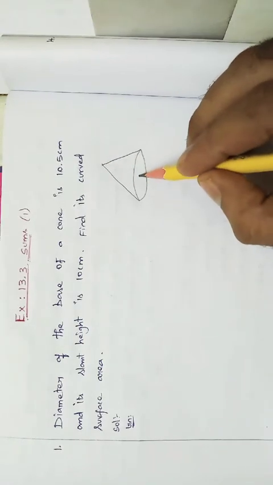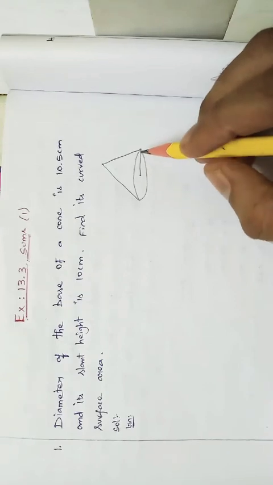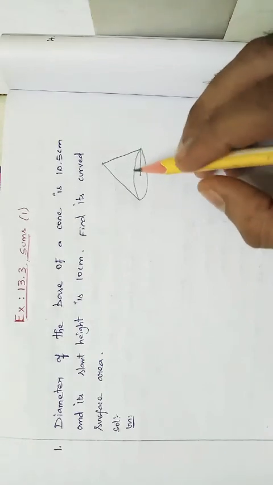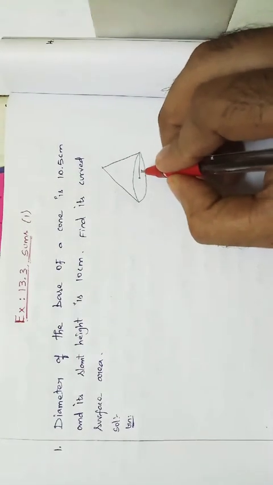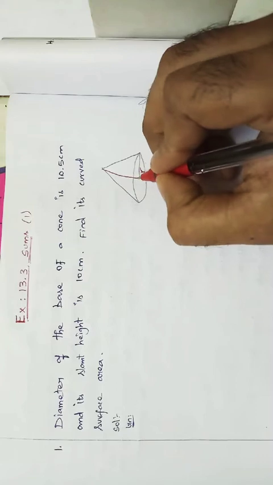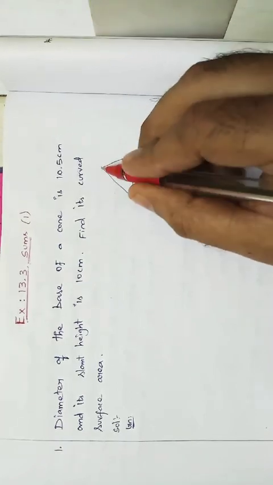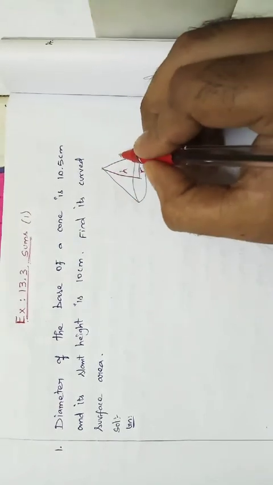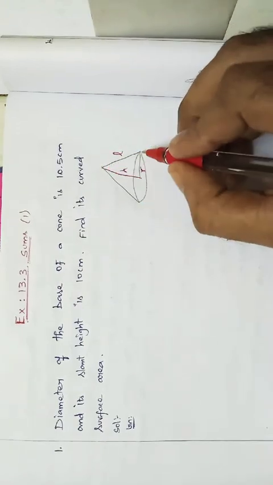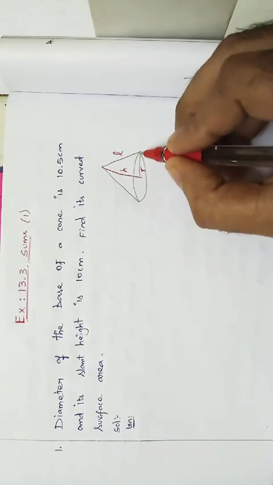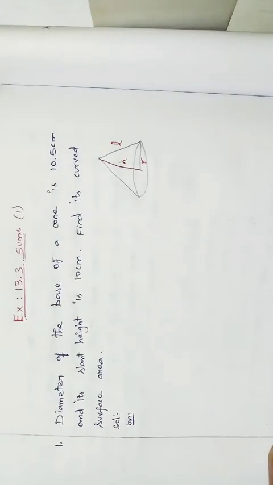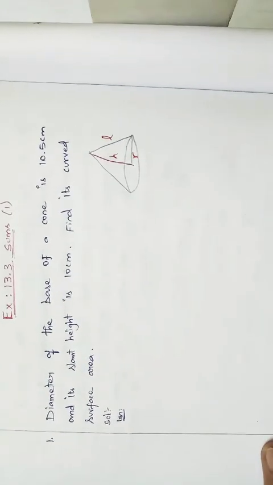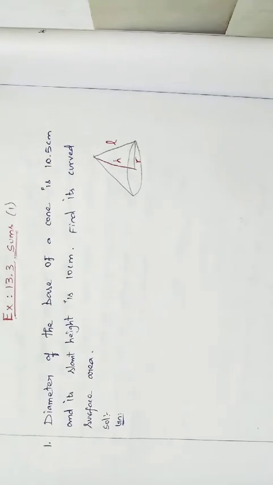While we are simplifying, what will we get? The TSA, the total surface area of a cone, is pi r into (l plus r), right? And this is the radius, this is the height, and this cross-sectional line is the slant height L. The perpendicular line is the height, and this is the radius, right? So first we read the question, and from the question we sort out what the givens are, then what we want to find, by using the formula, right?